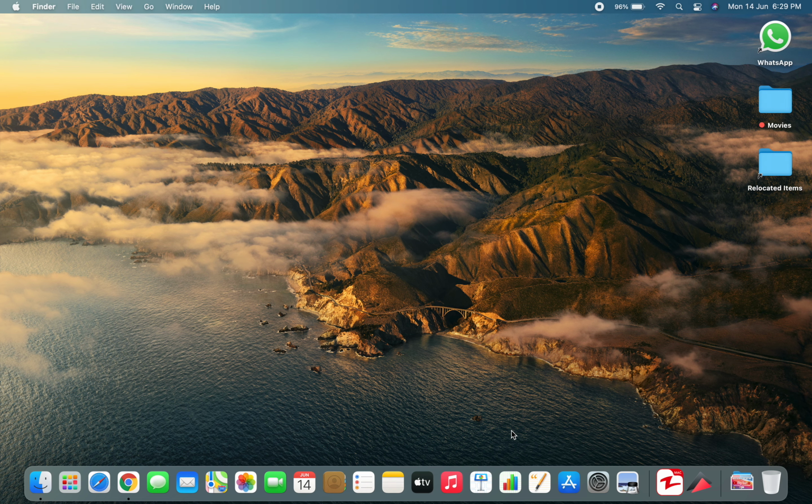So in this video, I'm going to talk about some shortcuts which you can use to switch between apps and tabs in Windows while using MacBook OS Big Sur on any MacBook device, be it your MacBook Pro, MacBook Air or Mac Mini. So this is going to be a really useful video for beginners who have just switched from any Windows or Android platform to the Apple ecosystem. So without further ado, let's begin with the video.